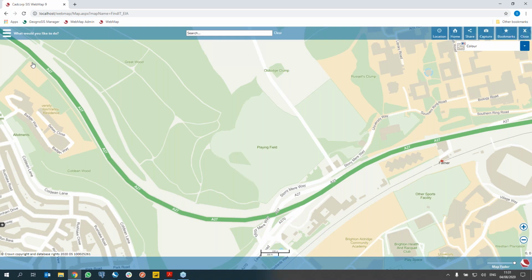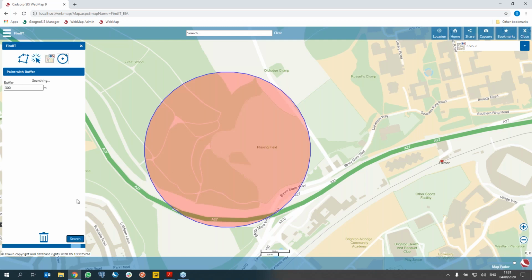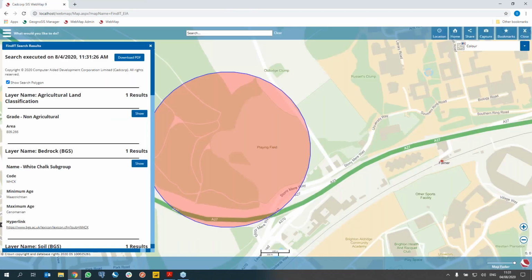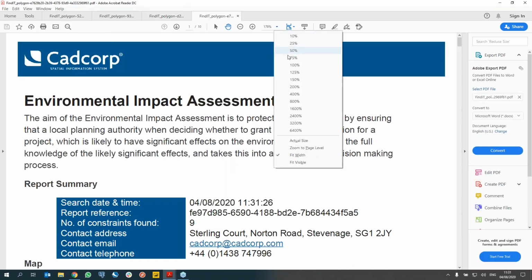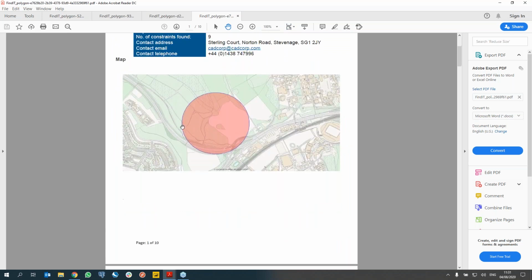For this example, I'm going to use the same location as my previous use case, but in the Find It service, I'm simply going to place a point on the map with a 300-meter buffer. Then I want to find all of the environmental constraints that the applicant will need to consider for their environmental impact assessment. So the results are in. Let's view them again in the PDF report. So we can see this is our environmental impact assessment report, and if we scroll down to the results,